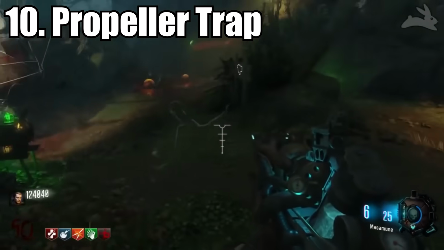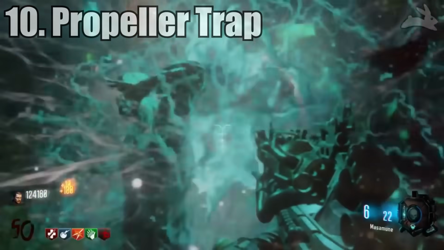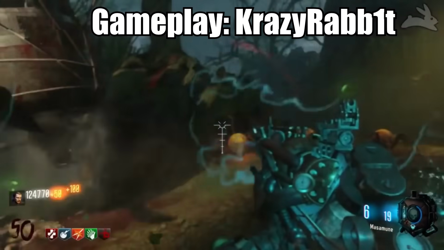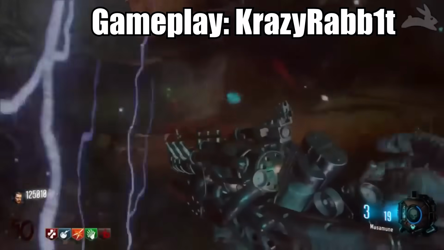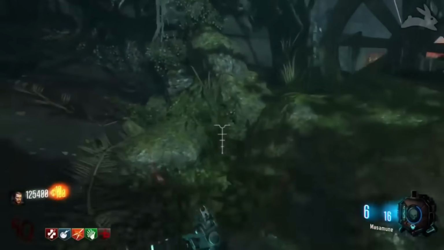Number 10, we have the Propeller Trap, or better known as the Plane Trap from Zetsubou No Shima. So it's 1,000 points, you activate it, and the fan from the plane lowers and shreds every zombie that passes through it. However, it's not very convenient because the zombies will spawn not only in front of you, but also behind you and from the sides,